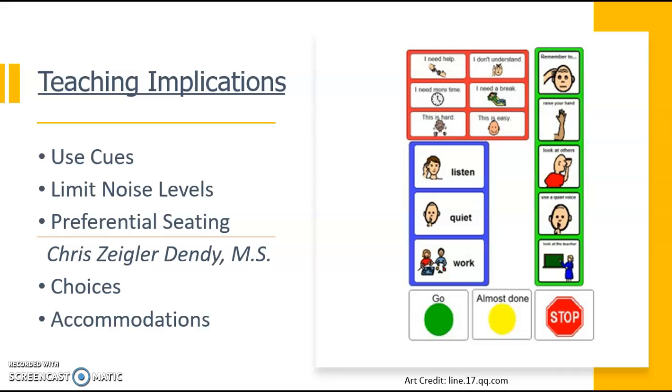Use cues with students with ADHD. These can be pictures that the teacher or the student points toward, or a thumbs up, thumbs down cue. When my son was in the lower grades, he had a card on his desk that he could turn over. One side was red and the other was green. If red was on top, that was a cue that he needed some space or some help. If green was on top, that meant he was doing fine. Get to know what works for each student.